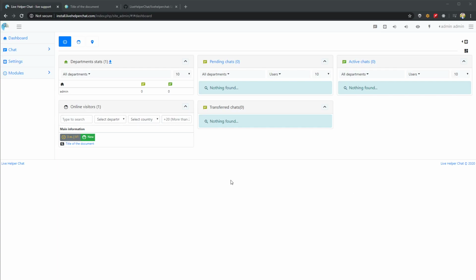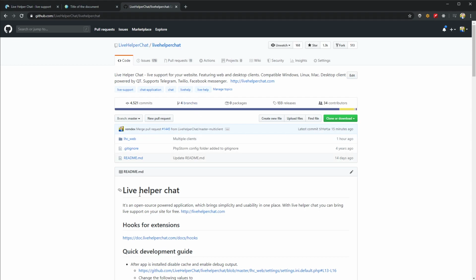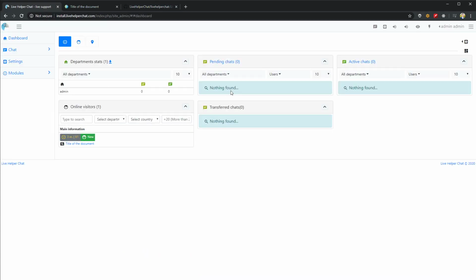Hello everyone. So this time I'll show you how to use, or at least how to try to set up, the helper's chats that way so it could support multiple clients at once. It was just a commit I made an hour ago, so I'll show you what we can do with that,